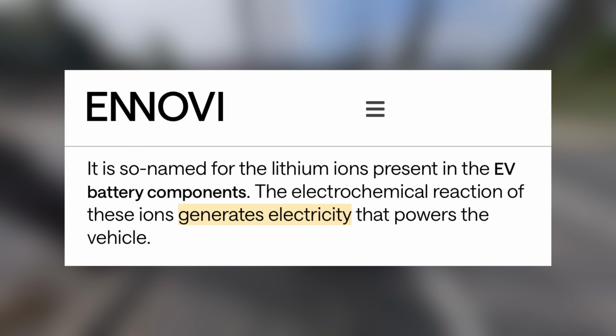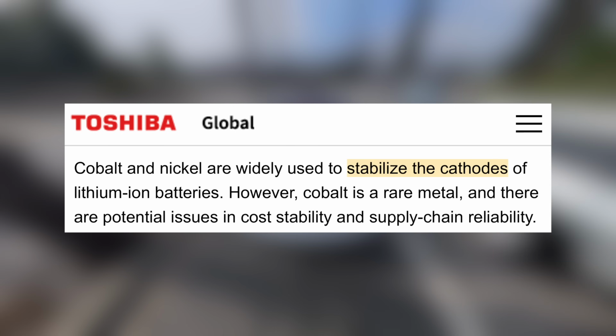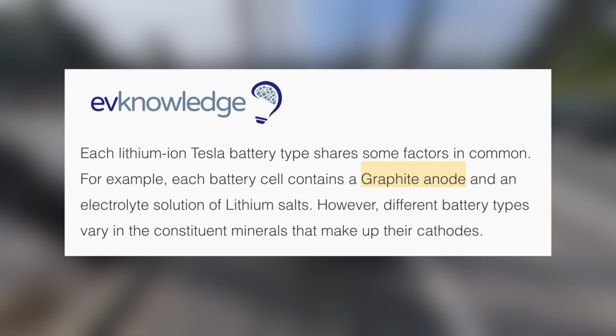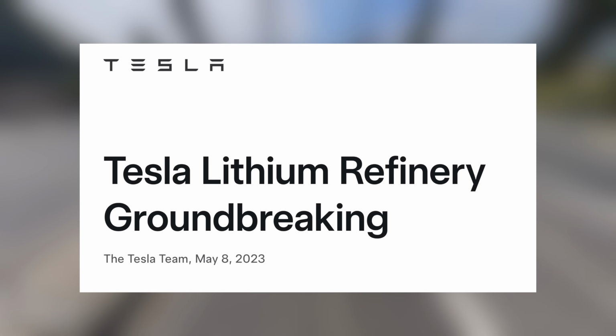In essence, lithium provides the charge carriers that power the battery, nickel enhances battery energy density, cobalt stabilizes the cathode, and graphite serves as the primary material for the anode. Tesla actually goes into great detail about these minerals and their sourcing in their yearly impact reports. Oftentimes, automakers aren't even in on this process since they're sourcing their batteries, but Tesla has engaged in direct sourcing here in the past and is currently working on their own lithium refinery in Texas, which brings us to the